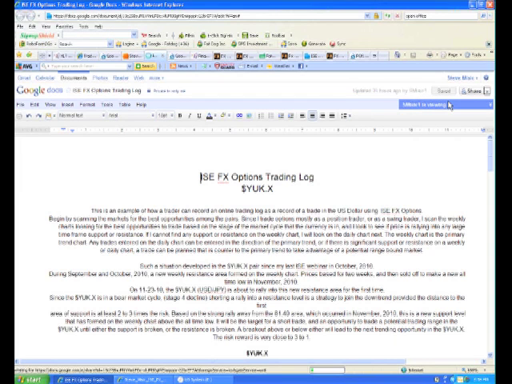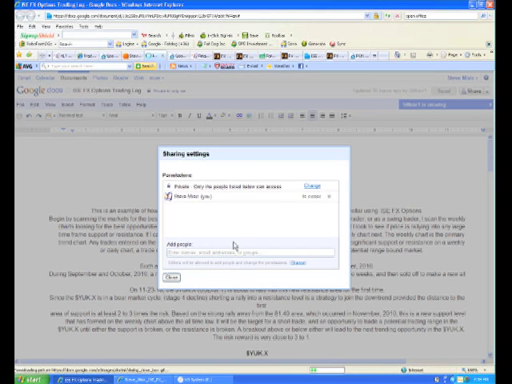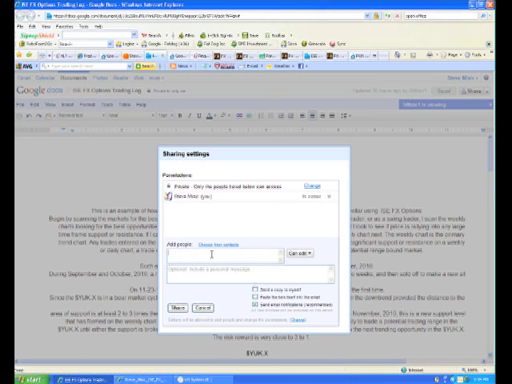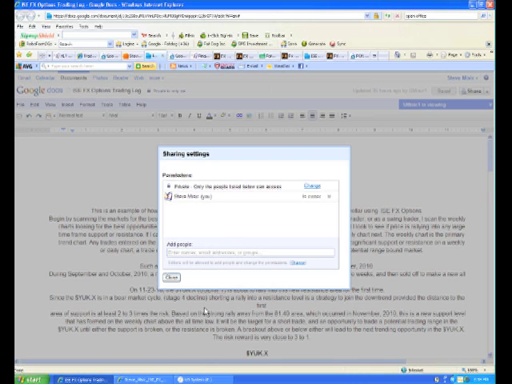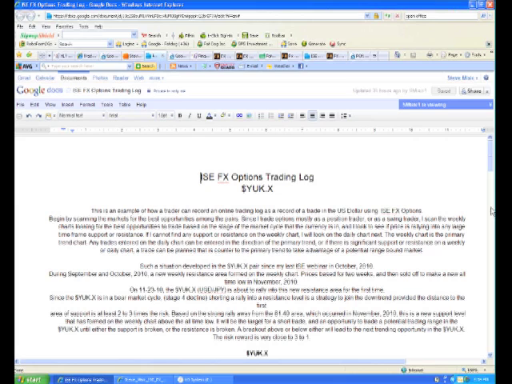You type in the email address of the person that you want to share it with, and you can give them permission to either edit it or view it. And then when you share it, they get an email that says, I've shared a document with you, and they can share it, they can edit it. There's me looking at this on a different computer in another room, so I can actually be a collaborator.